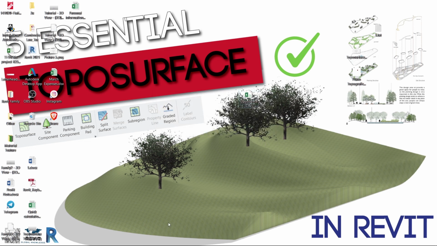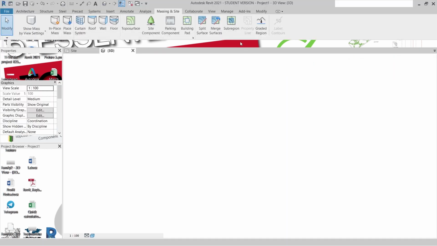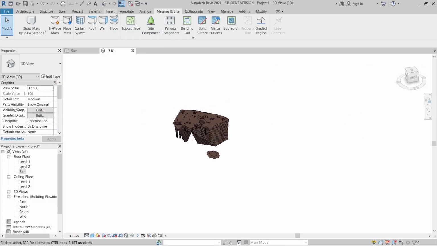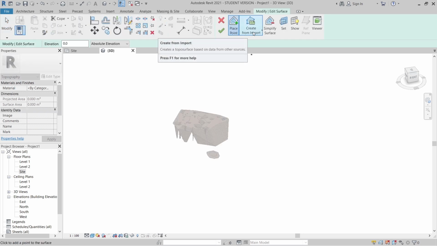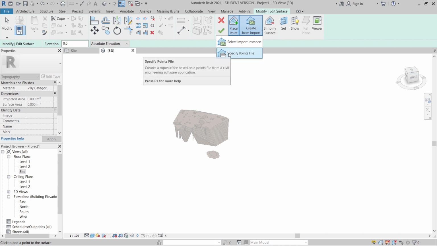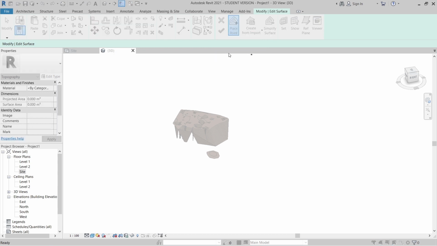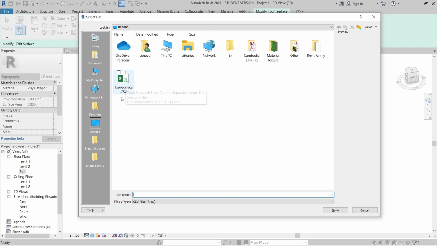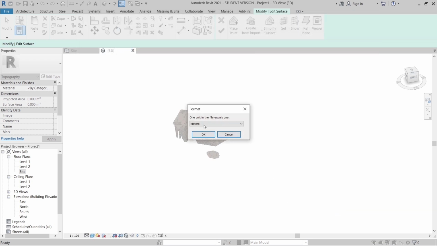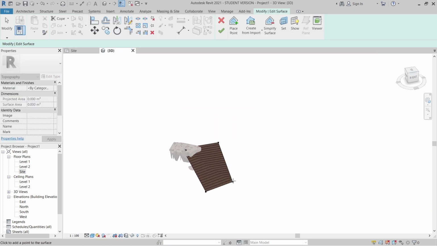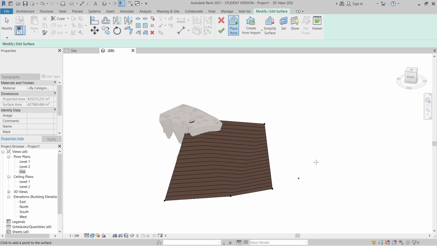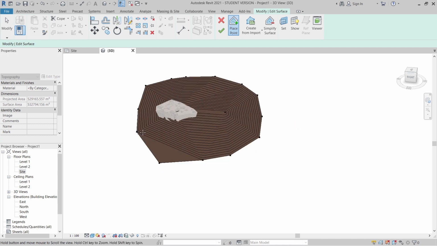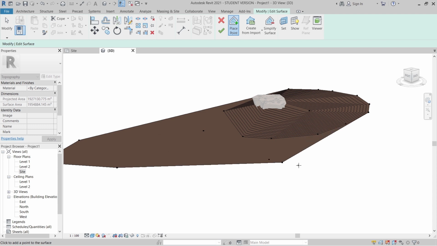Once I've done that, I can go back to Autodesk Revit, go to the Massing and Site tab again, go to Topo Surface, then go to Create from Import, and select the second one, Specify Points File. I just select here, go to my desktop, and here is the file we created. I select it, then hit Open, and I can start from meters here, as you can see. For the main point here it is 10 meters actually, so I can place it something like this, depending on what I want to play around with in order to create my topo surface.